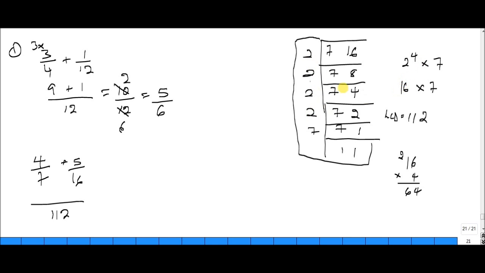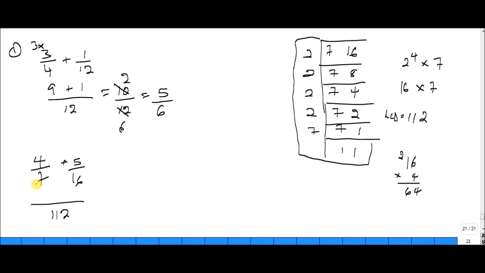2 to the 4th is 16, because 2 times 2 is 4, 4 times 2 is 8, and 8 times 2 is 16, multiplied by 7. 16 by 7 will give us 112. 6 times 7 is 42, carry 4, 7 times 1 is 7, and 4 makes 11. Now we have our LCD of